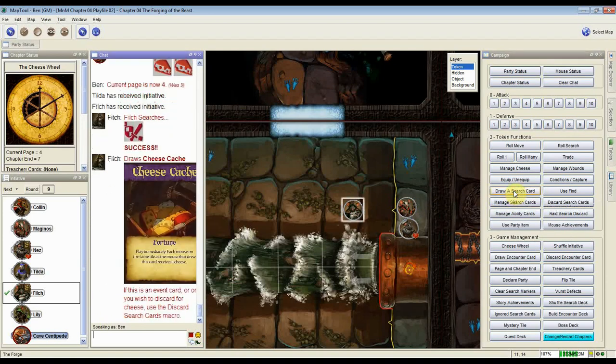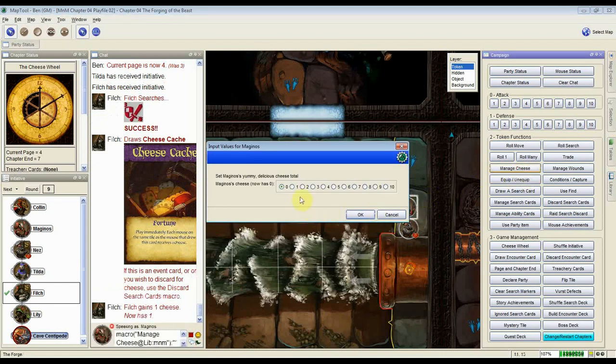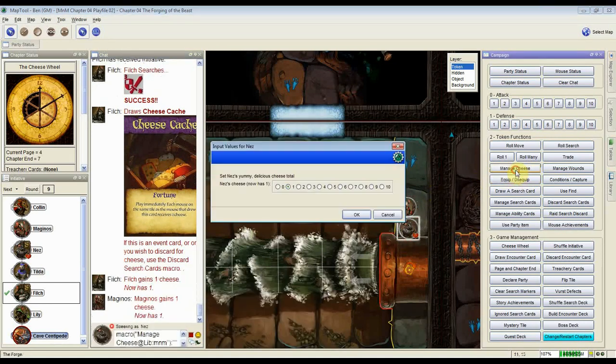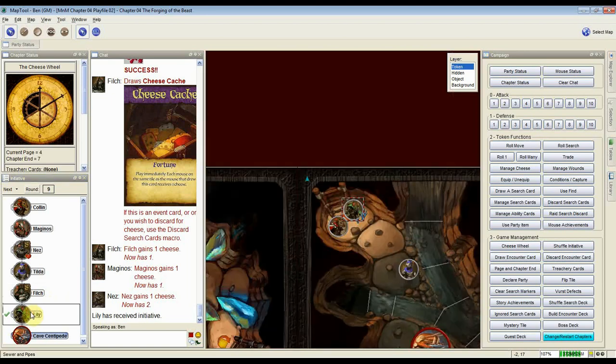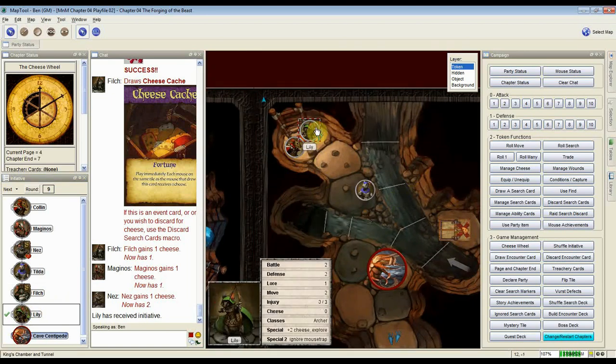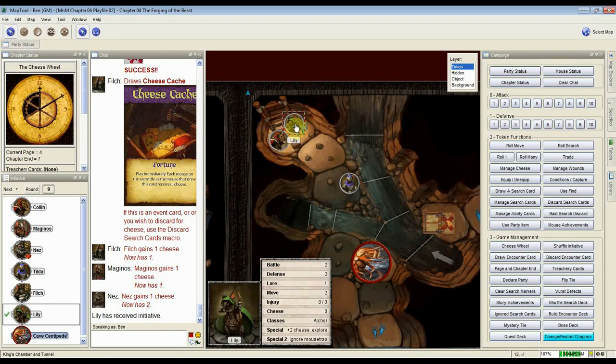So I'm going to draw, and I get a cheese cache, which means all 3 of these guys, each mouse on the same tile, gets 1 cheese, which is fortuitous because I was low on cheese after blowing it on gaining the Meeps ability. But we're actually in decent shape now. And that's going to give Nez the ability to heal himself too before we go on. Lily, at this point, has no cheese. Collin has no cheese. Tilda has 3 cheese. The centipede's only rolling 2 defense. She's only rolling 2 attack, but I think...